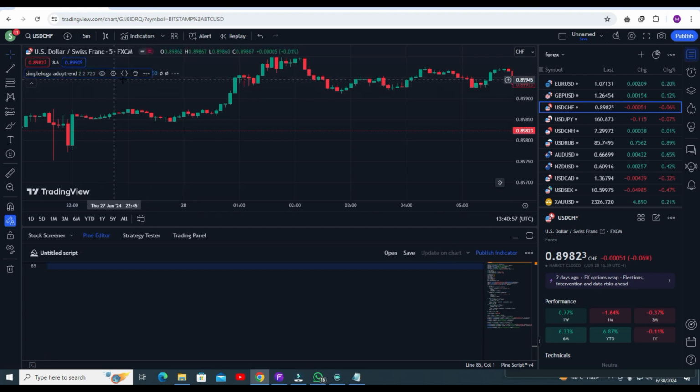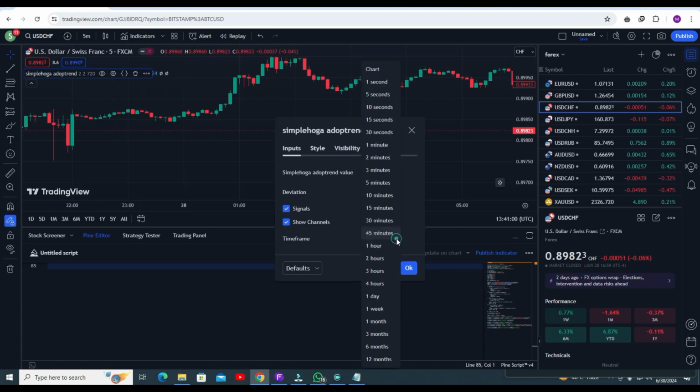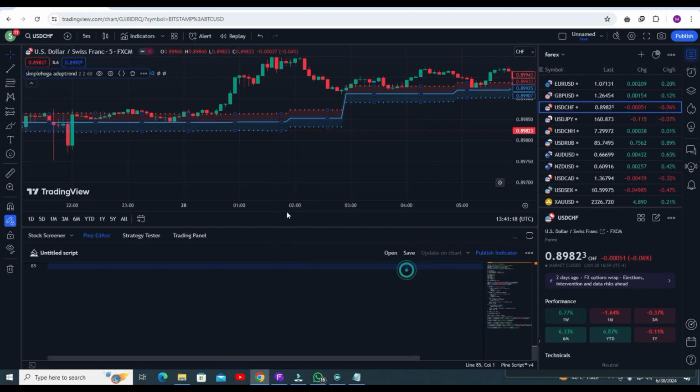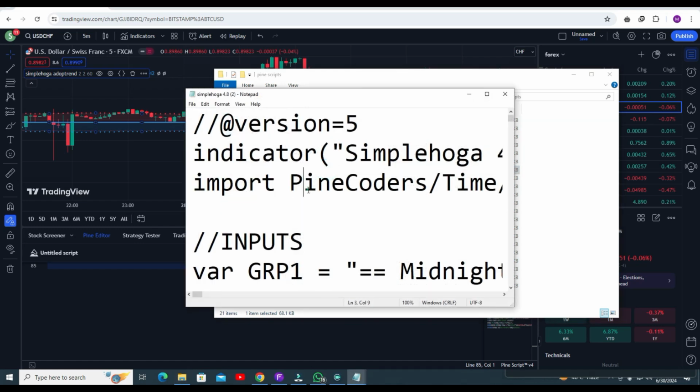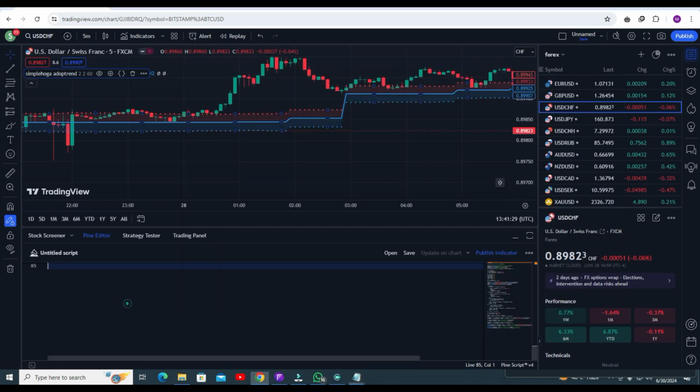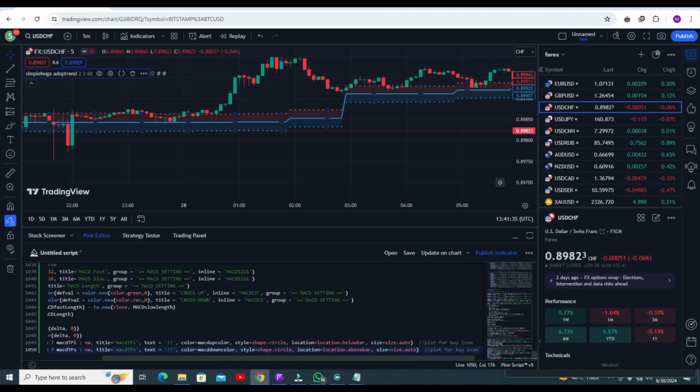Just go to settings. Here the time resolution for the 5 minute time frame is 1 hour, and for the 3 minute time frame you have to use 30 minutes, or for 1 minute you can also use 30 minutes, and for a bigger time frame like 1 hour, you have to select 4 hour here. Okay, settings are done. Now I have to go for another indicator. Open the code, Control A, Control C, copy the code, and again go to the Pine editor and paste your code, Control A, Control V. You will find the option add to chart.